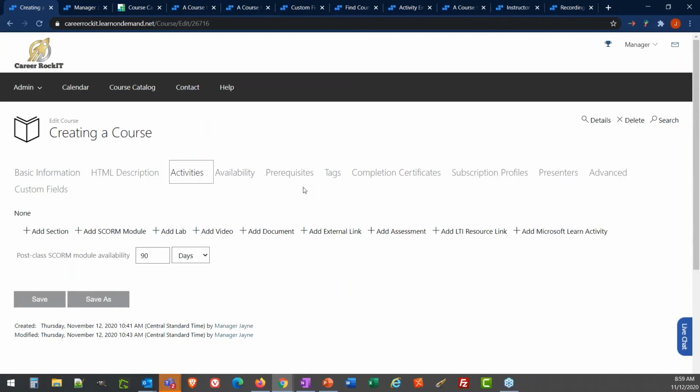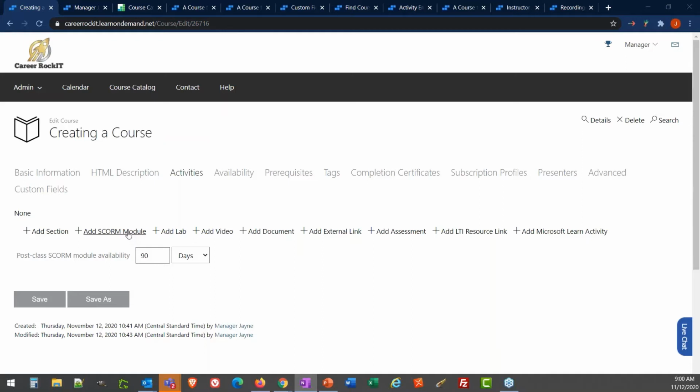We have several different types of activities that are available for you. The first one is SCORM, and you can upload and create your own content and upload it as SCORM into our TMS. And once you've created your SCORM modules, you have the ability to add them. So SCORM, if you're not familiar with it, can be like video content that you've created. It can be interactive content or anything else that you really want. And SCORM is just a packaging that the content is wrapped in that allows a learning management system to read